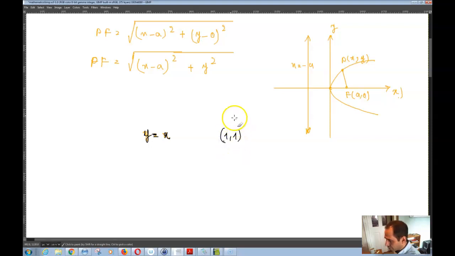Now what I can say is that if I call this equation number 1, for example, if 1 comma 1 satisfies equation number 1, which it does,